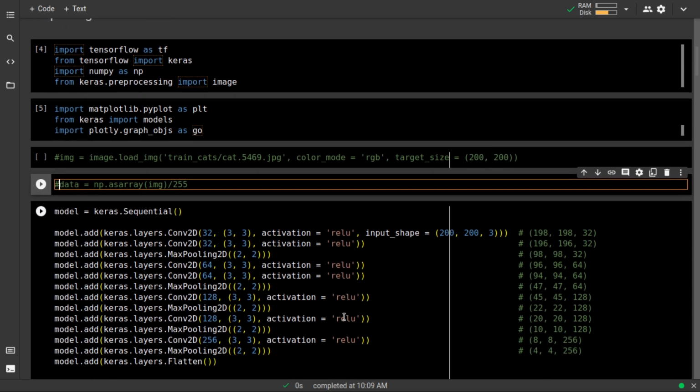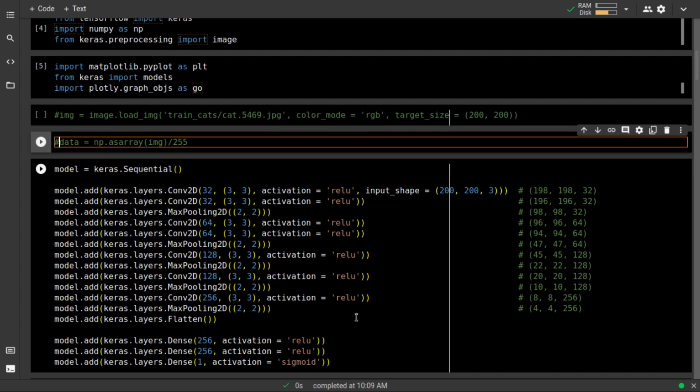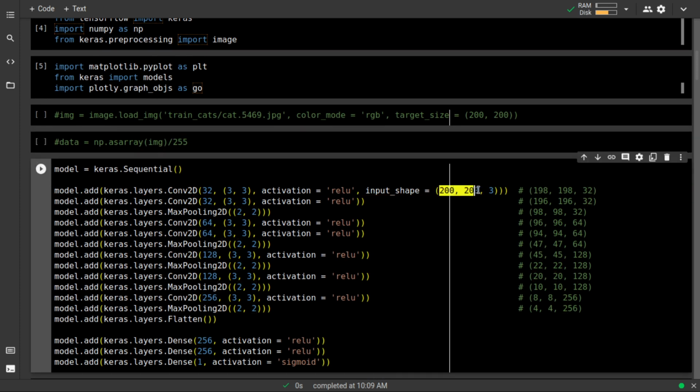Okay, so I had to first build a neural network, and as you can see over here, I'm using a 200 by 200 by 3 pixel size. So after this layer, your image will be converted to this, and then you can see how your image is going to transform.